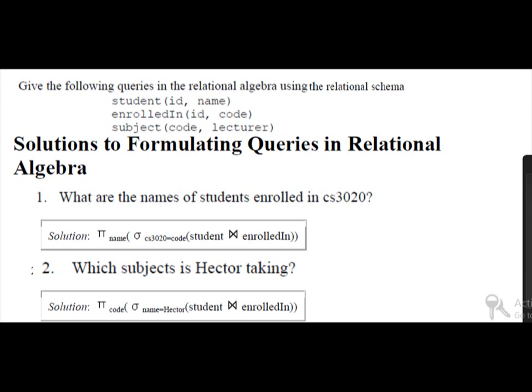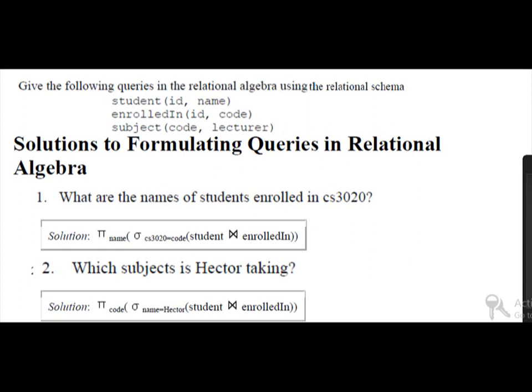Second table is enrolled in, which contains 2 attributes, ID and code. Next, subject, which contains code and lecturer. Let us see our first query: what are the names of students enrolled in CS 3020?